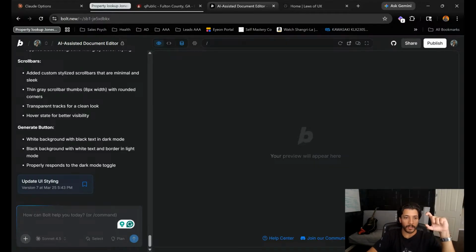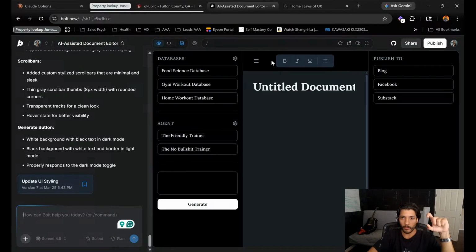Let's make the top banner with the writing style options have a black background. The center main document writer is still taking inputs and writing it backwards. Make the publish to section be multi-select, so I can choose one or all of those. And underneath that on the right-hand side, add the ability to schedule those posts with very basic things.